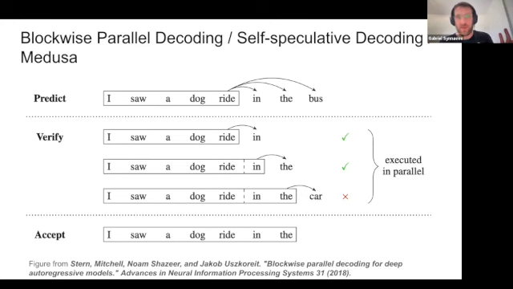So let's say we have the prefix I saw a dog ride. Instead of predicting the next token and then putting it back in and predicting the next one, we predict, for instance, if we have n equal 4, the next 4 tokens with the parallel prediction head. It doesn't cost us much. This is just inference. And then we can move by 4 tokens. By moving by 4 tokens, we will anyway verify, so we will anyway compute the likelihood over the tokens that we just added.